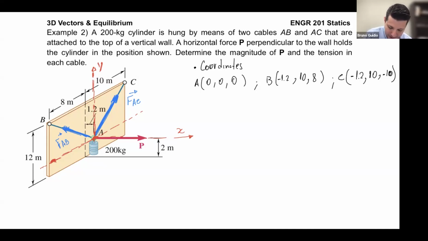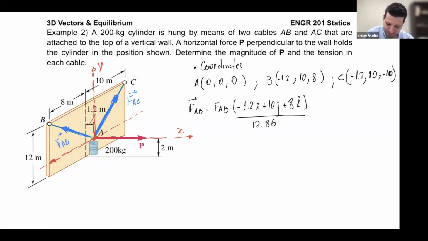Let's write FAB. FAB is going to be, once again, I'm going to go straight to the point. You can do the middle steps, the intermediate steps, and check it out. FAB, negative 1.2 I, positive 10 J, plus 8 K, divided by